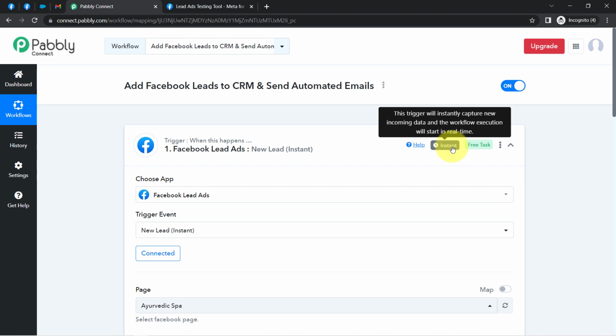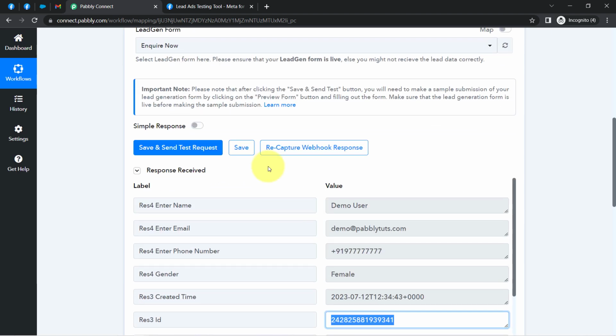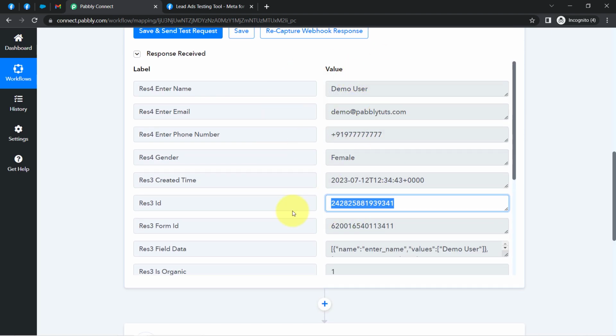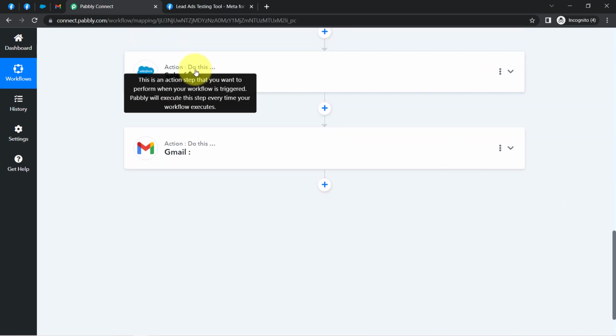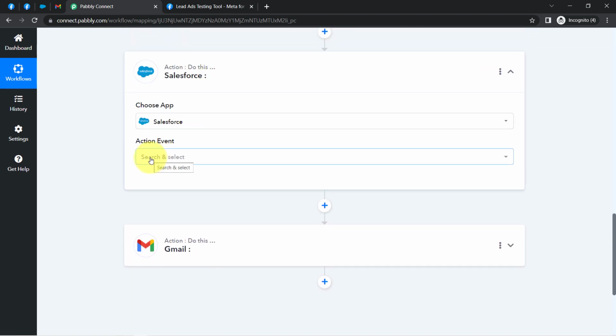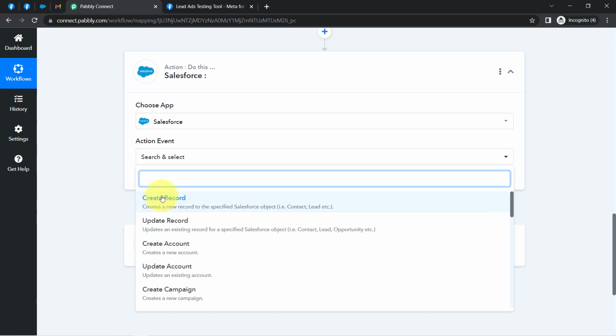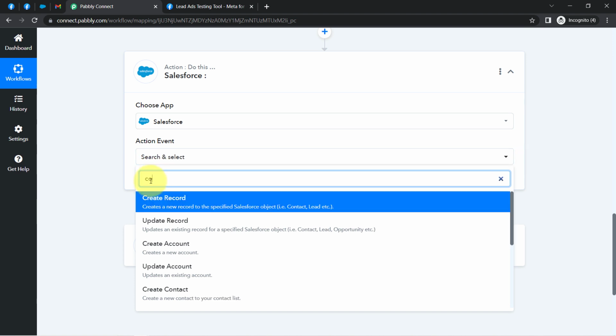Okay, so the first step of our automation is done. Now I am going to add this particular data as a contact into my Salesforce CRM. Well, the application is already selected. Let me select the action event, and since I want to create a contact, I will select the same